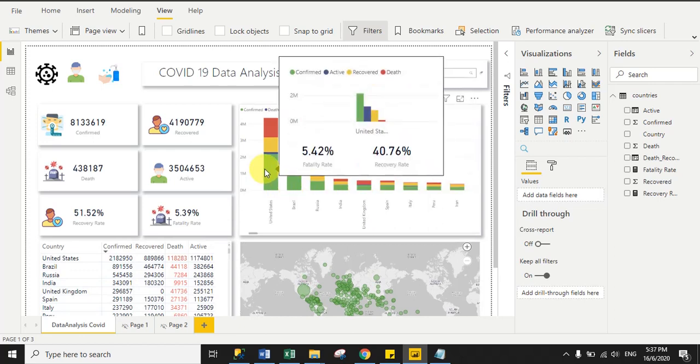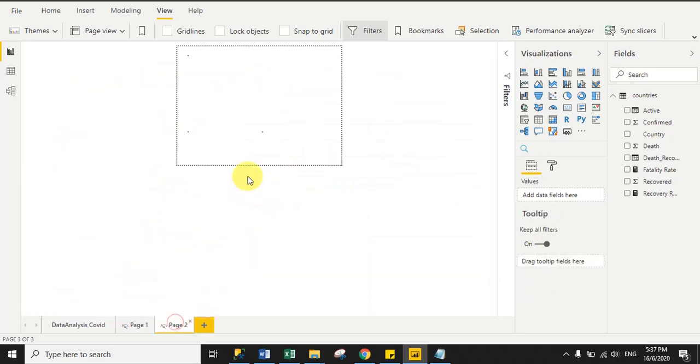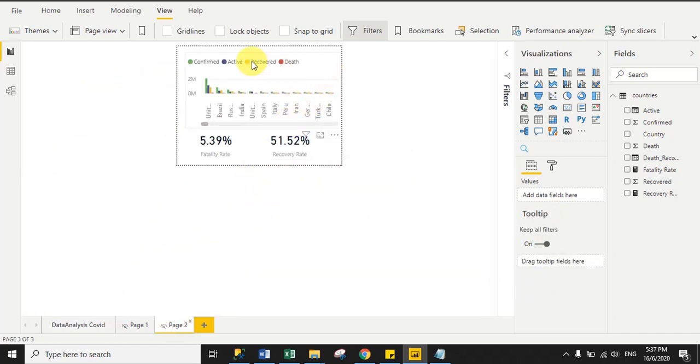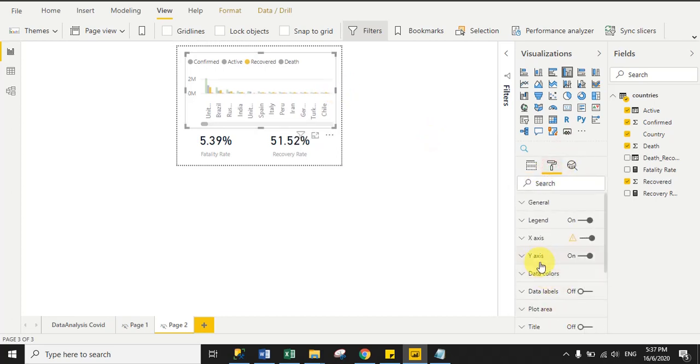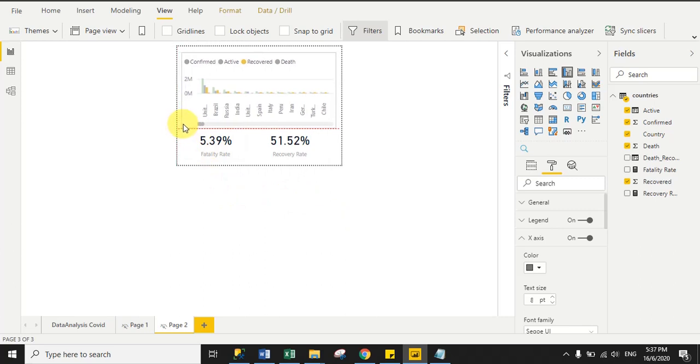See, still it is not showing the complete name. So in that case we have to decrease the x-axis font size. So instead of 12 pixel I make it 8 pixel, and then go to the main page.